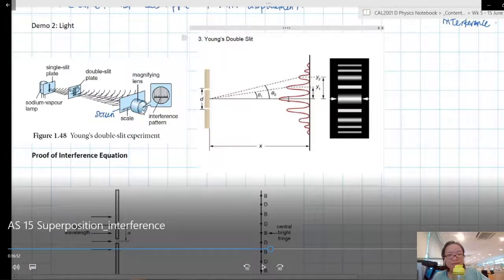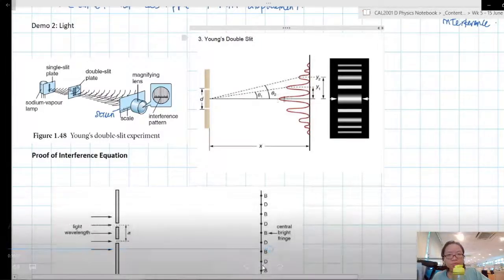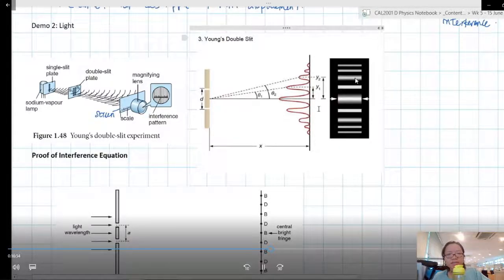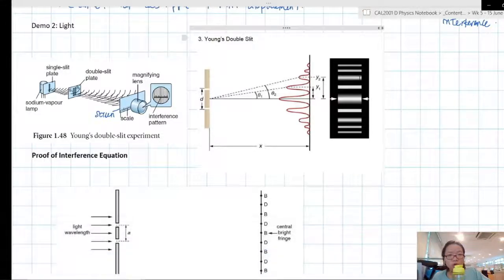If not, we cannot see the interference pattern. Alright, so let's continue. You get this pattern: maxima, minima, maxima, minima, maxima, minima. Alright. So in the subsequent part of the video, I'm going to talk about the proof for the interference